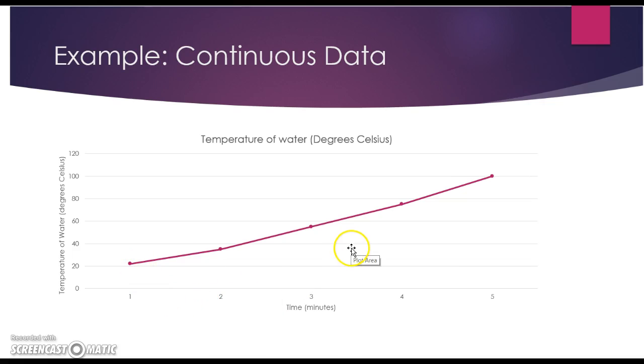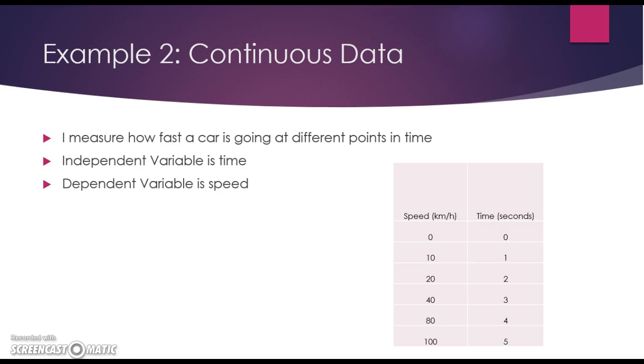Using a line graph, we can now estimate what temperature the water would be after it's been heated for 1.5 minutes, or 2.5 minutes, or 3 minutes and 10 seconds, whatever time period you would like to use along that continuum. For our second example for continuous data, we are going to measure how fast a car is going at